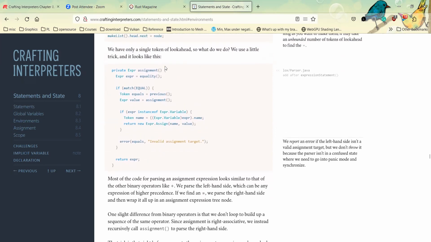So we do a little trick here. If we don't meet the equal sign, everything is good. We just get an expression. If we meet the equal sign, then the previous expression should be a variable here.